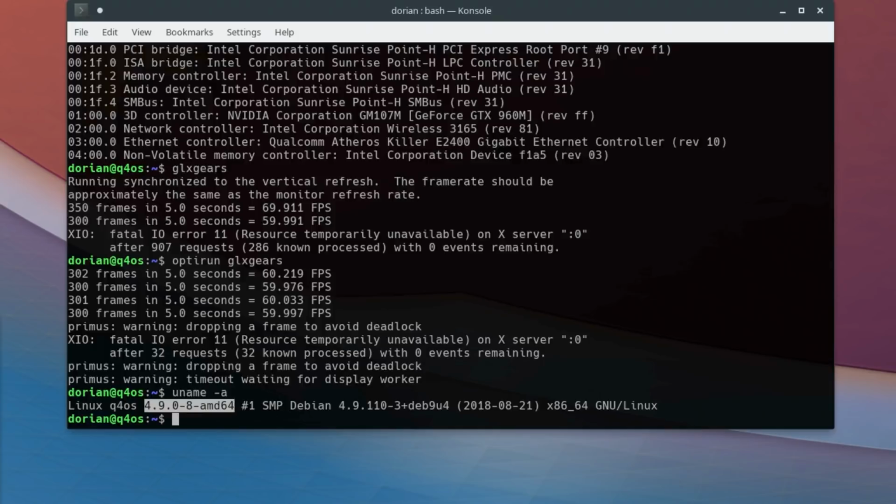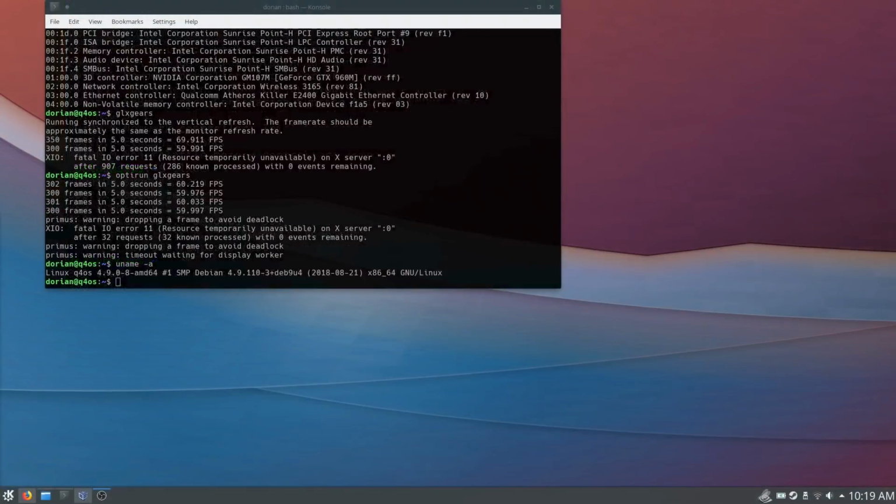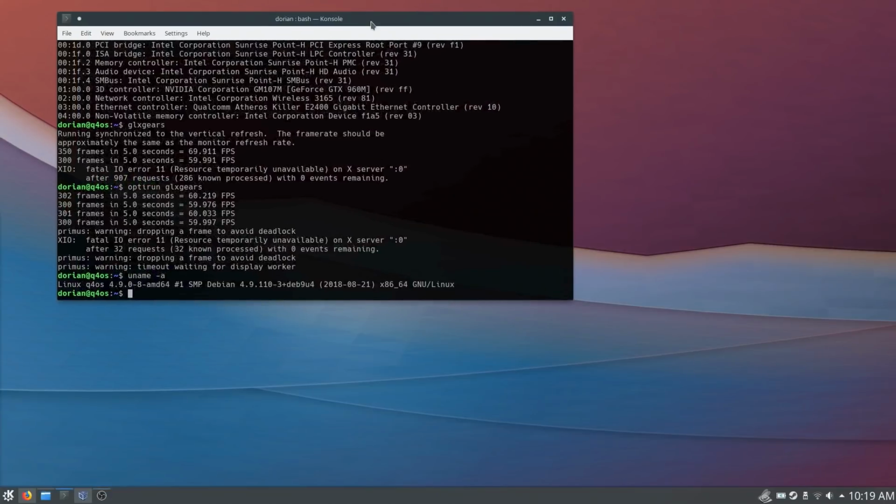The best way to tell is to run off of a live USB and test it out first, make sure your Wi-Fi and all that good stuff works. But for me, my laptop is not even a year and a half old, and I have no problems. It works just great. So older kernel, but again, stable, no issues, and I have no flickering in this recording,